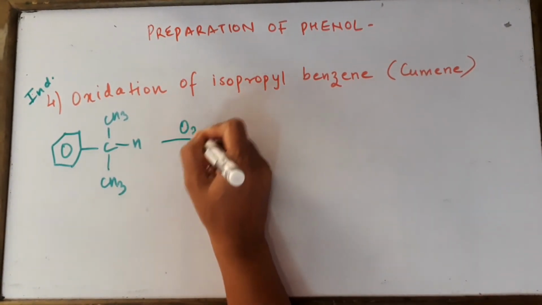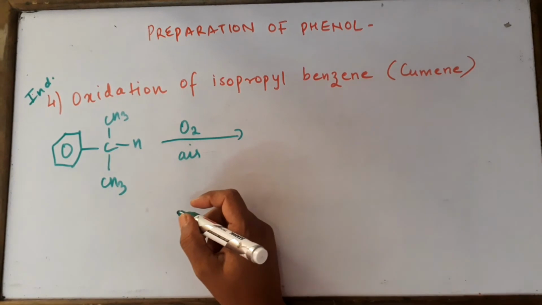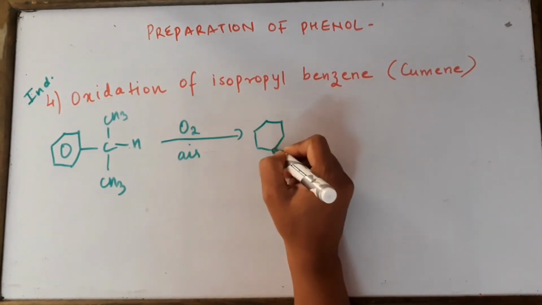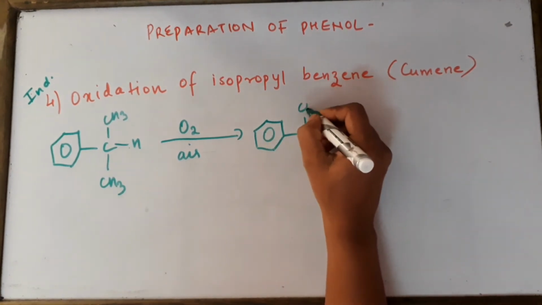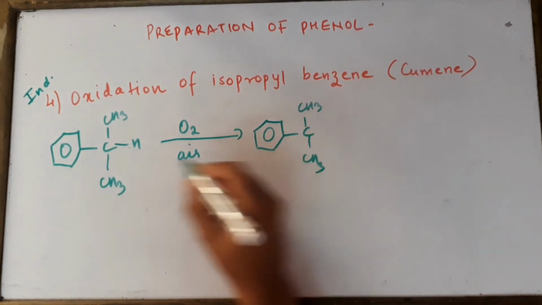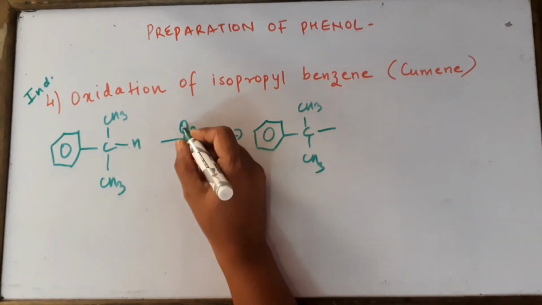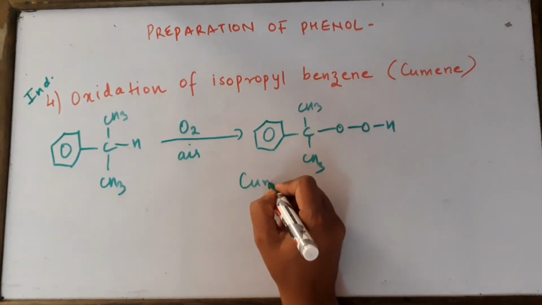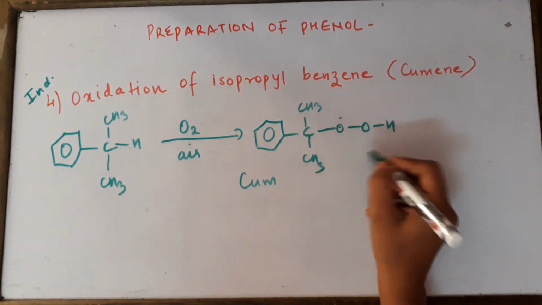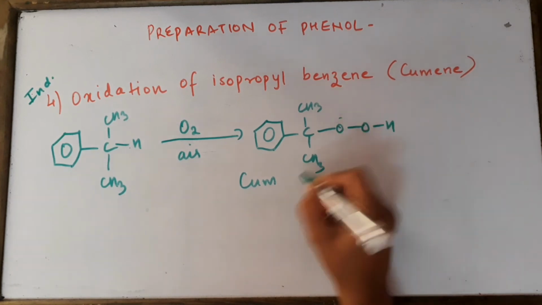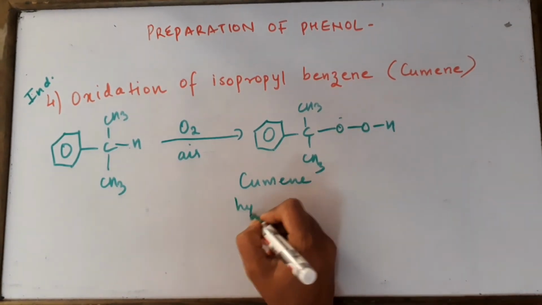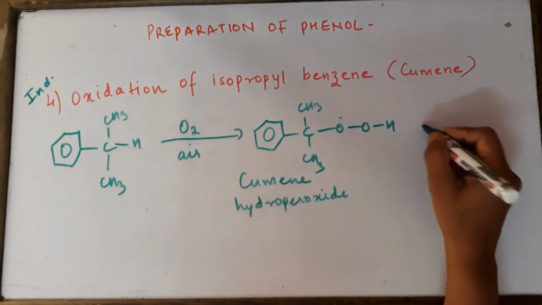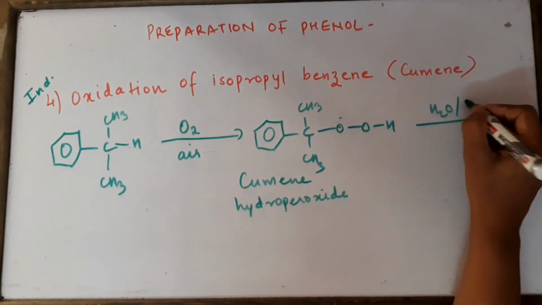We are going to react it with oxygen from air, and the oxygen will get incorporated here so that the cumene gets converted into peroxide. So we will get CH3, instead of writing single bond H, with these both oxygens you put here O-H. What is this? Hydrogen peroxide kind of bond is there, so peroxide linkage. So this is cumene hydroperoxide, and this compound we are now going to hydrolyze. Hydrolyze it now like this.